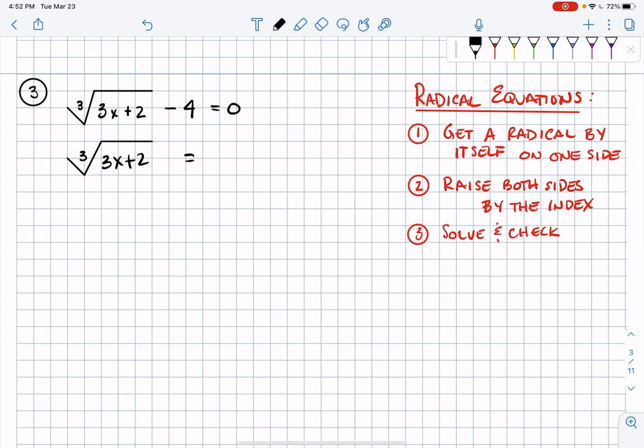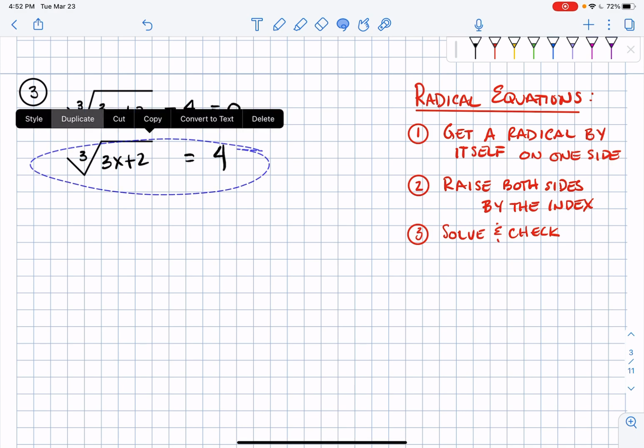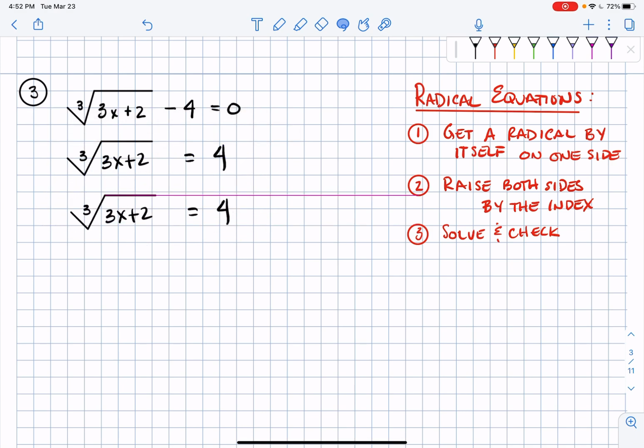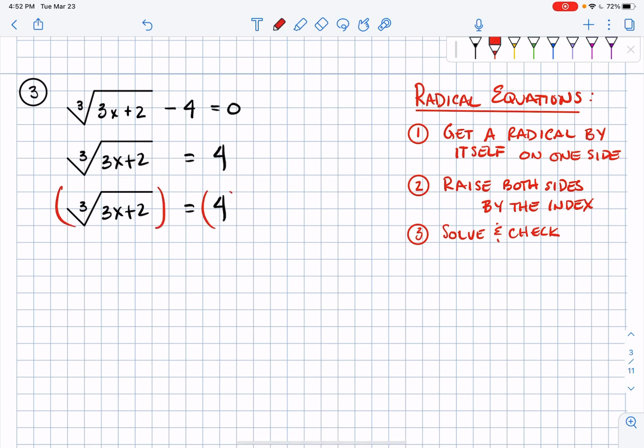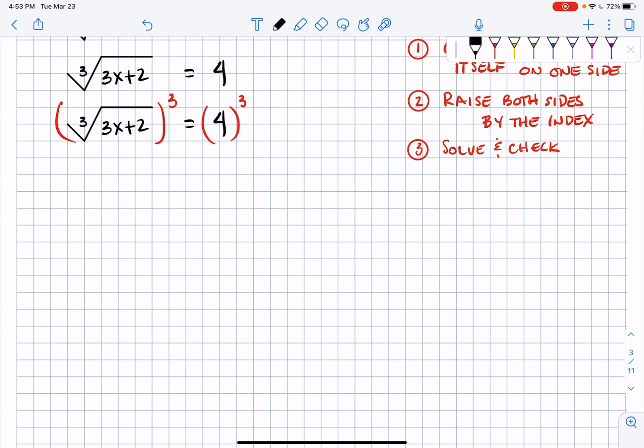So that's going to equal a positive 4. And typically with cube roots, you don't really need to check. All right, so from there, I'm going to raise both sides to the 3rd power because the index is a 3. With that being said, the cube root and the cube are going to cancel each other out. So I'm left with just